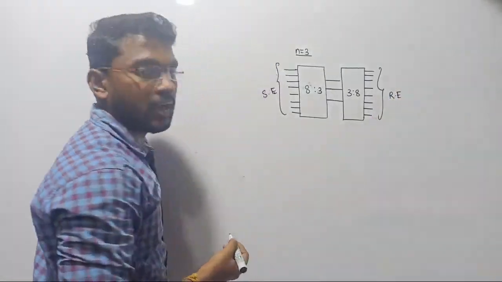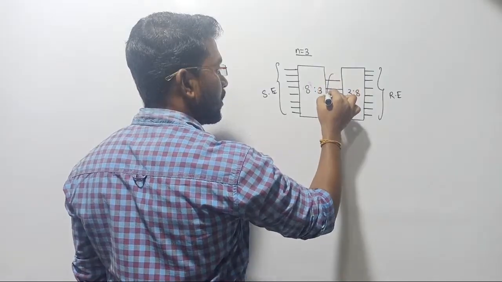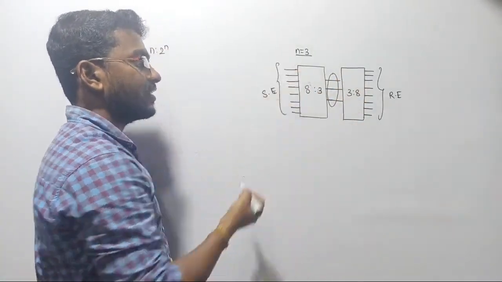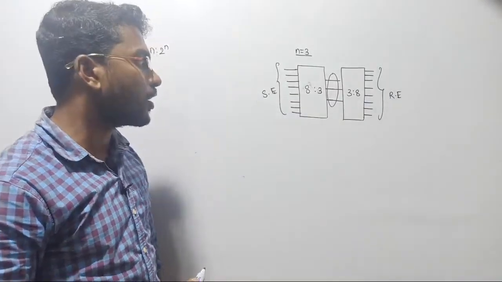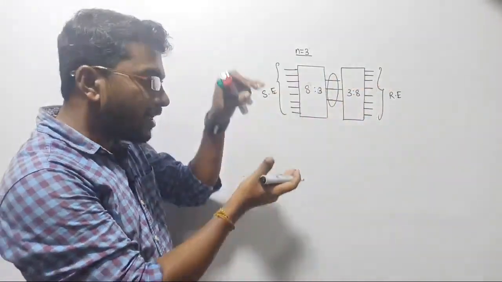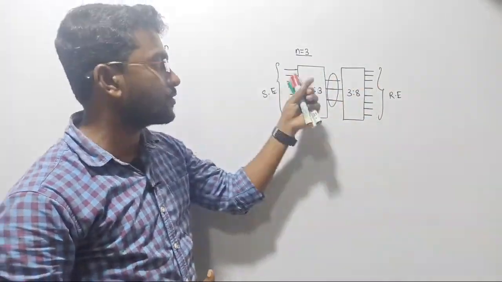Now in between the sending end and the receiving end, see there, how many lines are there? We are using only 3 lines, whereas in the input side we are considering 8 lines. So that is the beauty of your encoder and decoder. We no need to consider this many lines in order to transmit the data. Your data will be encrypted into a small box and then it will be transmitted with a very less number